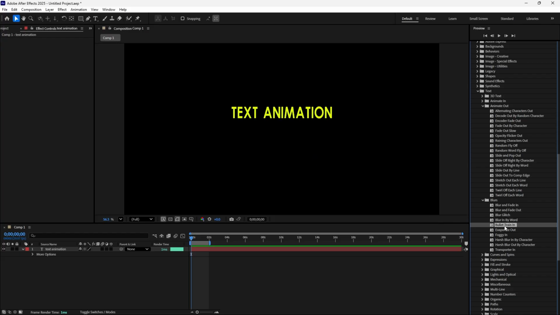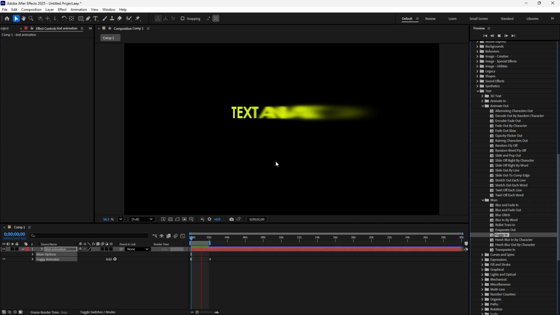And it is a bullet train in. So this is nice, right? So Control Z. The foggy in. Take this one. This is a foggy in. Yeah, this is looking nice, beautiful, right? So Control Z